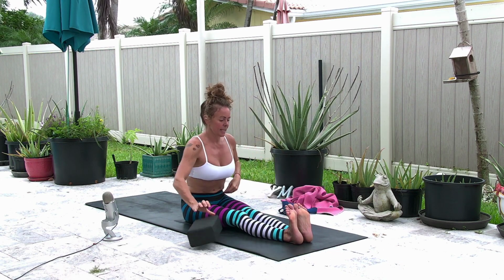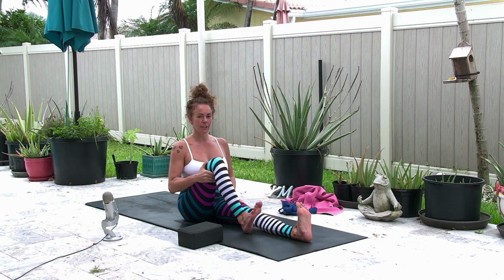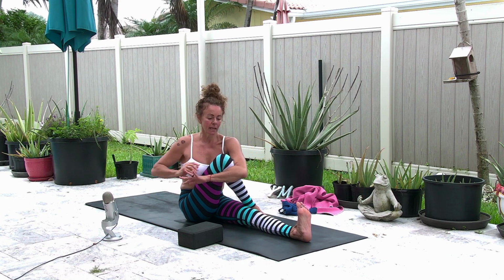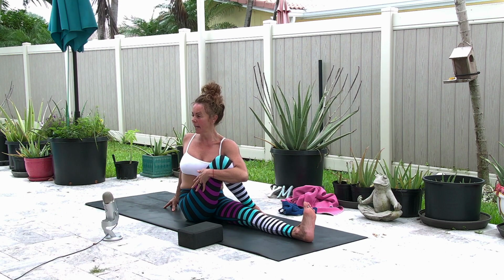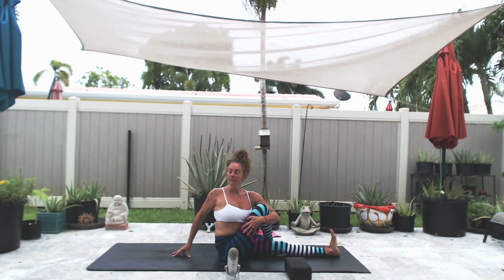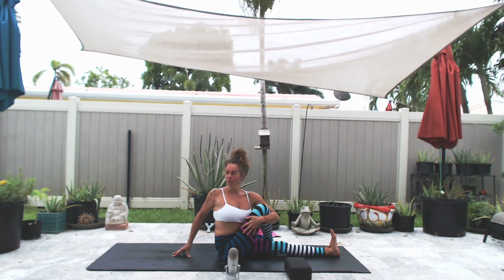Slowly rise up. We're going to take our right foot in and cross it over the left leg. Left elbow hugs the right knee, or bring your left elbow to the outside of the right thigh. Chin off the chest, gaze over your right shoulder,